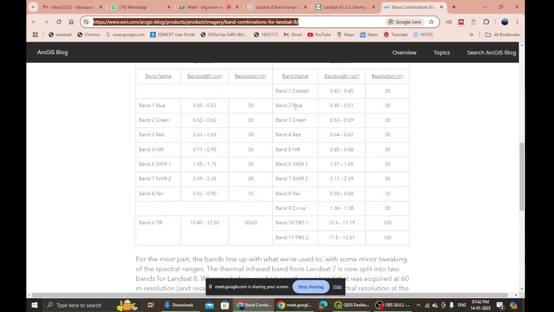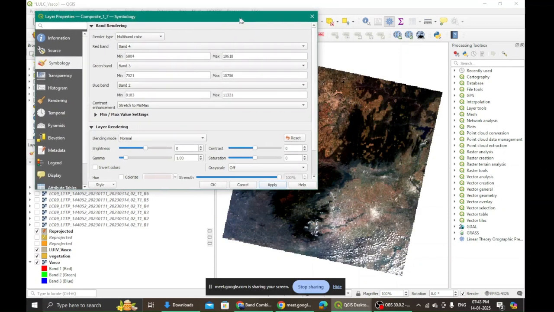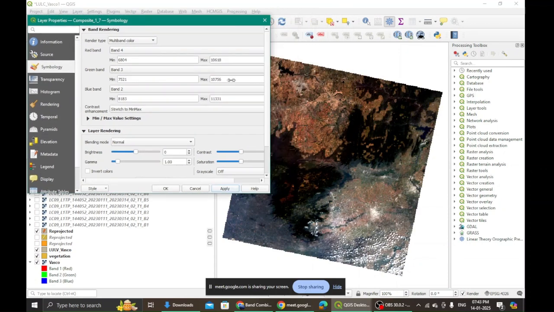Now we are trying to make a natural color composite, and the hint comes from here. See, our band 2 is blue, so we have to give it a blue band even in our composite, as well as green band will be given green color, and the red band will also be given red color. Otherwise they were in normal gray scale, right? That is what was happening. So now I do this arrangement 432 and I apply it,